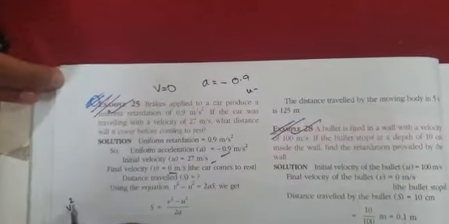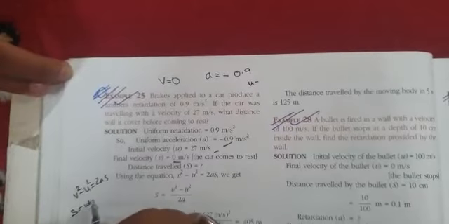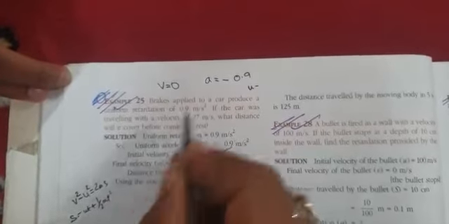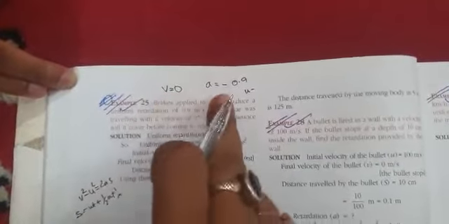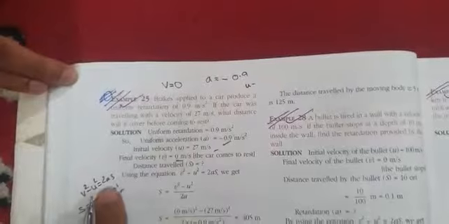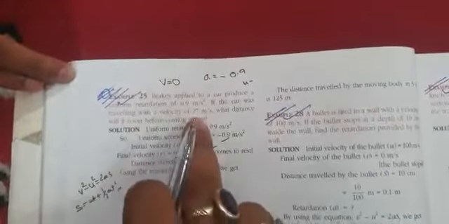What distance will it cover? So you can use v square minus u square equals to 2as. You will tell, sir, I can use s equals to ut plus half at square also, but they have not given time in this. Have they given? So you cannot use this equation. v square minus u square equals to 2as only have to use. So v is 0, as brake is applied, acceleration is minus 0.9, and initial velocity is given, 27. So you can use that and find out, as easy as that.